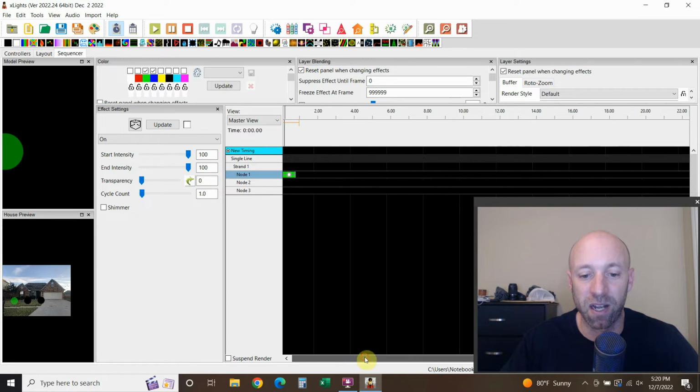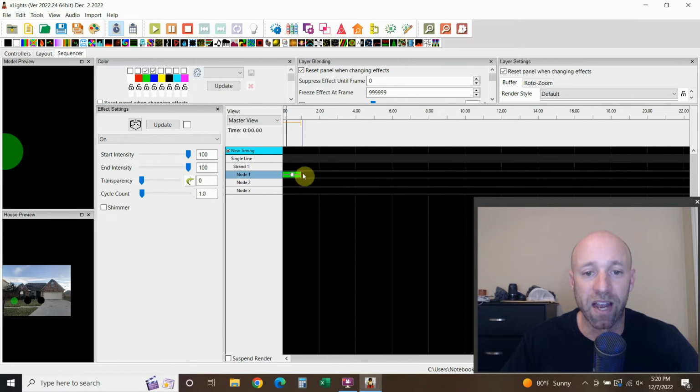And then I imagine when we start doing a musical sequence, you're going to have to get into like the half a second. But for like 1 second, you can do green. And then you can have it turn off and have another second that's green. And another second that's green. And then you can go to right about there, change it to red, and you can make this red for a second,